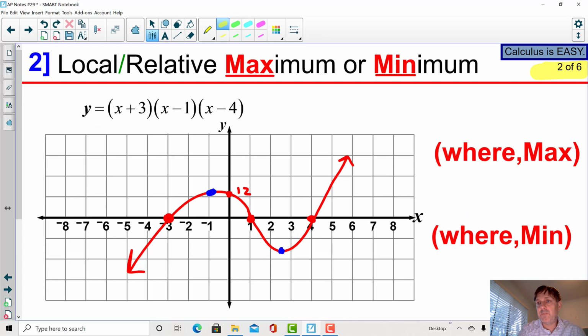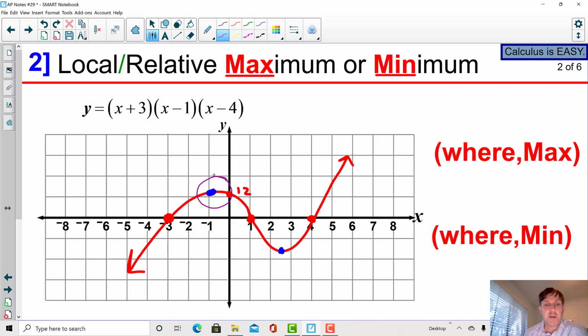Okay, for example number 2, we're going to look at a local max or min. Sometimes they call it relative max or min. They are the same thing. Now, for a local maximum, all you have to be is the largest y value in any neighborhood containing that point. So it can't be an endpoint, but as long as you're inside of any interval that contains that point,